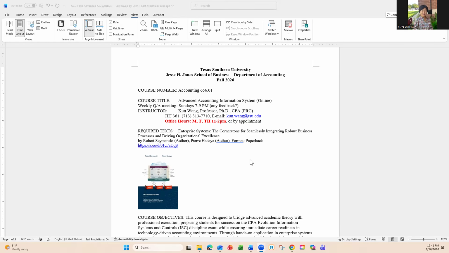Why, when we try to learn accounting information systems, do we start from business integration and ERP? Because in the real business world, even in not-for-profit organizations, accounting is now integrated as part of your overall ERP.